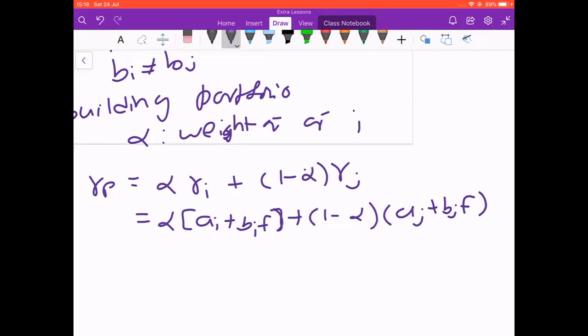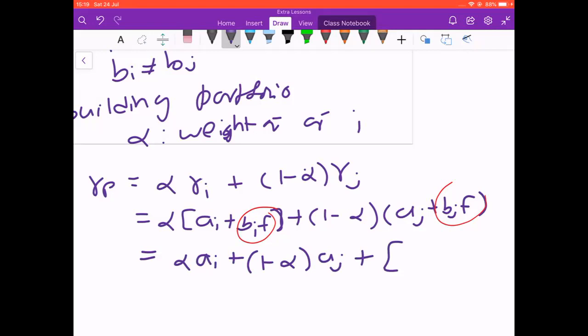Okay, and then we will put these factors together, so that anything which has a factor, we just put together. So we will have something like this: alpha ai plus 1 minus alpha aj plus alpha bi